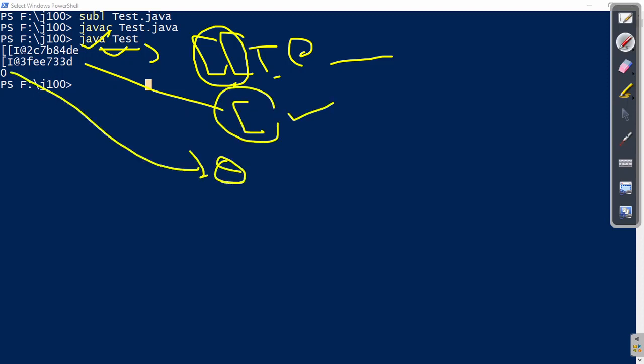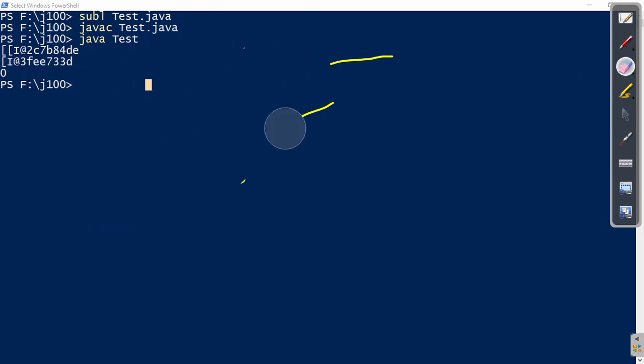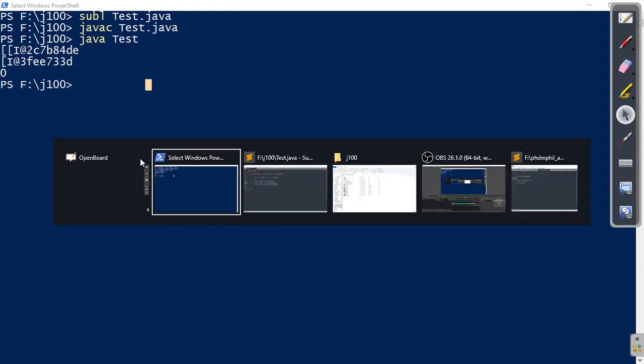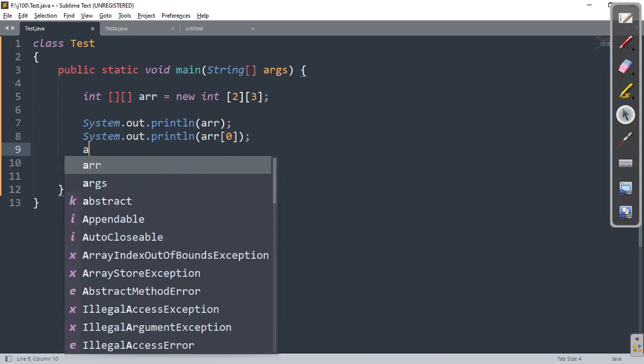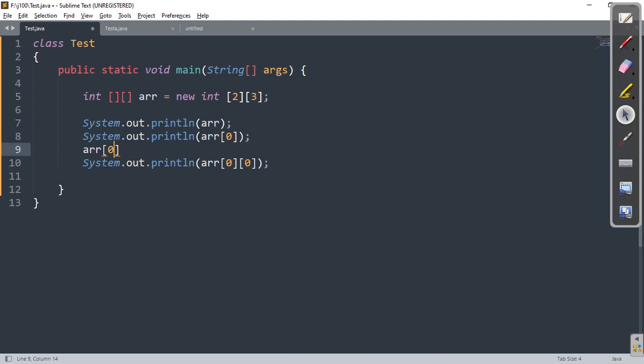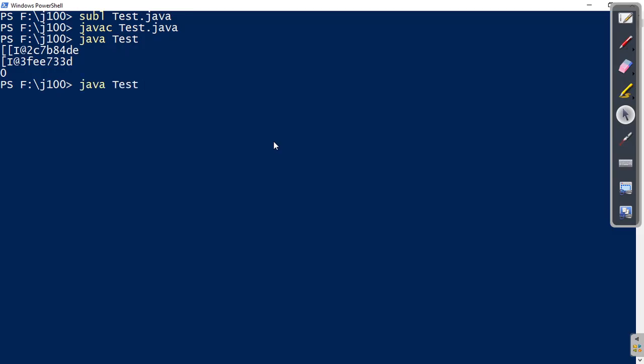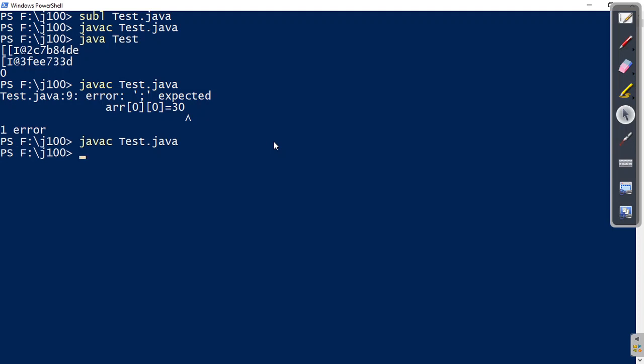Next one is 0, because we know since array is an object, whenever we are declaring the array, the cell elements of the array will be automatically initialized to what? 0, right? And if you want to cross check, if you want to put some value, you can also use the Scanner class. I am not using the Scanner class here. You can use that to experiment with input and output, because I have already discussed that in the last video. You can work on that accordingly. Sorry, semicolon is missing. Code should compile fine. That should not be any problem.